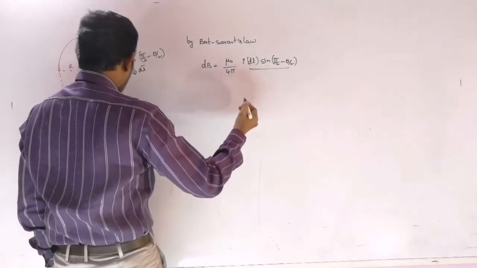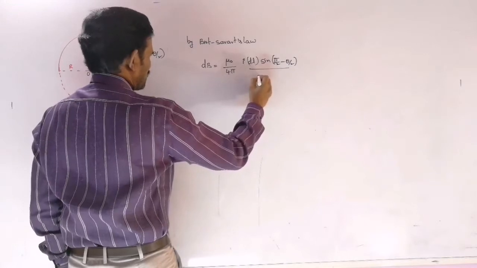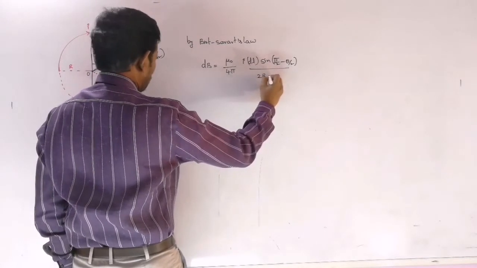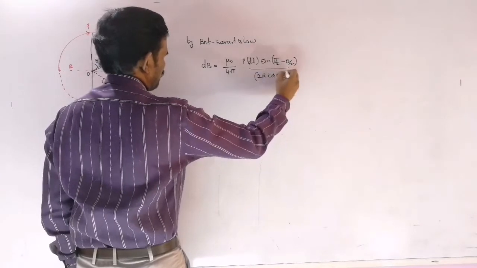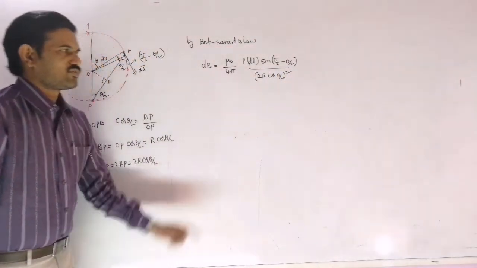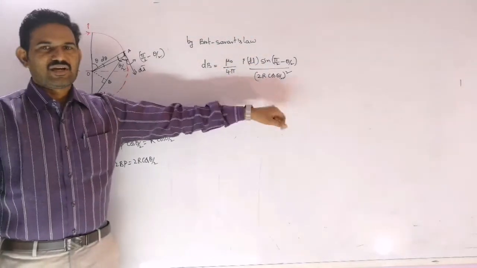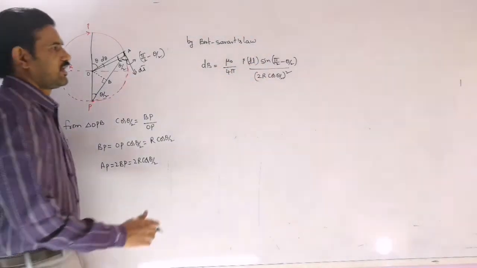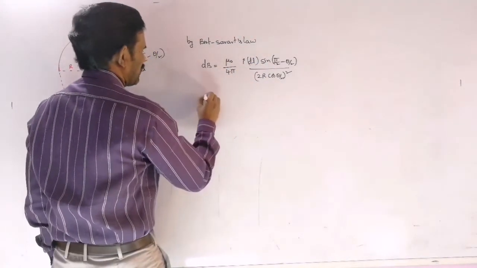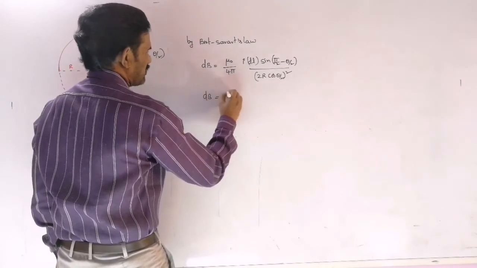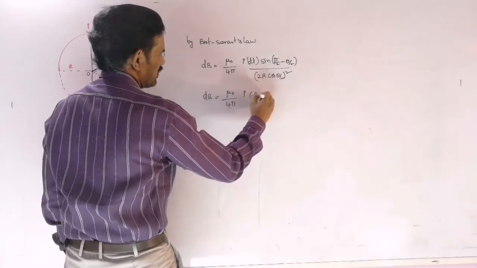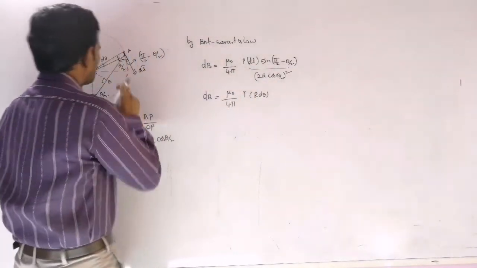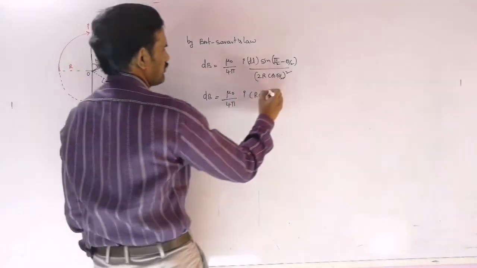By R square we need to write here, so that R square is nothing but 2R cos theta by 2 whole square. Right? So that is mu naught I dl sin theta by R square. That is our expression there. And now you can substitute the dL value also, so I can write this as mu naught by 4 pi into dL, which you can write as R d theta. So this is the thing we are considering there.